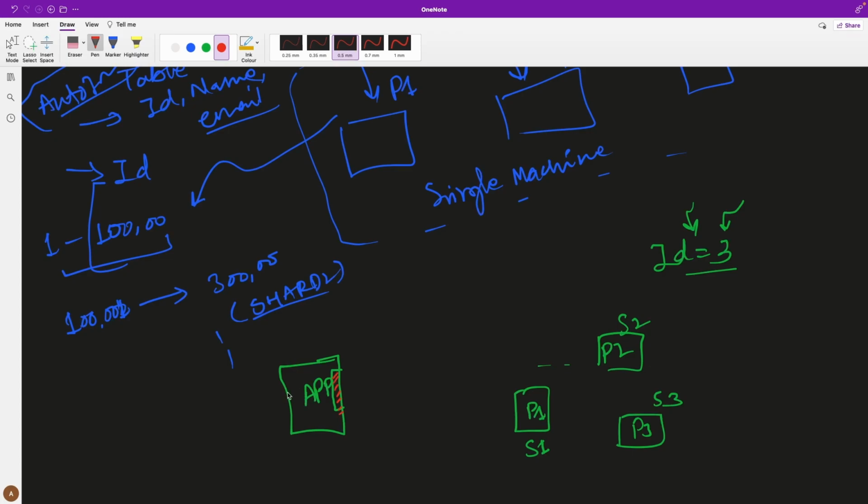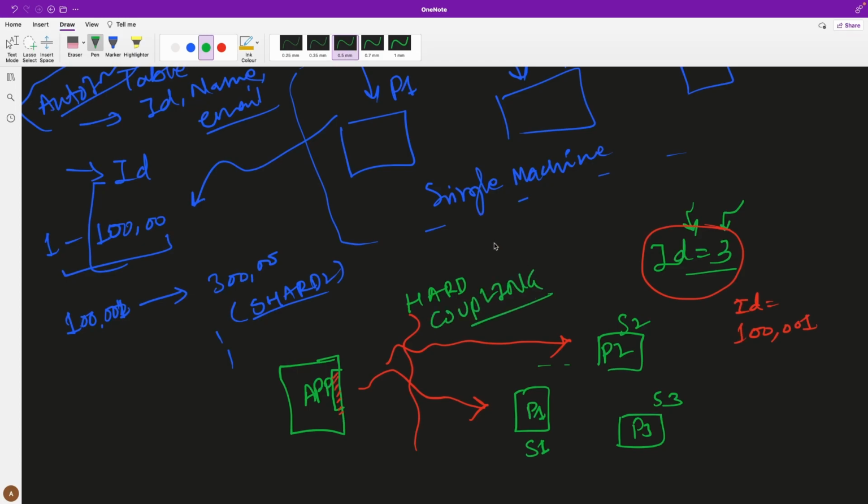Now before your application queries the data, it has to know that if it is querying for id equal to 3, then it has to go to partition 1. And if it's fetching the record when id is equal to 001, then it knows the data will be on partition 2. So there is a problem right here. And what's the problem? The hard coupling.